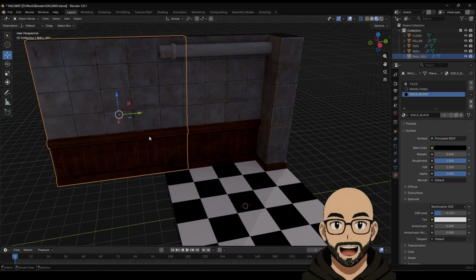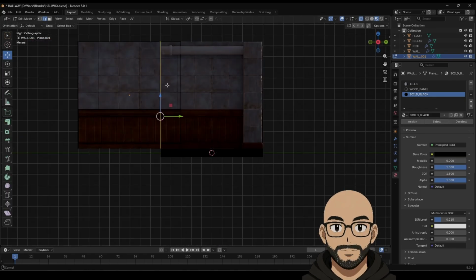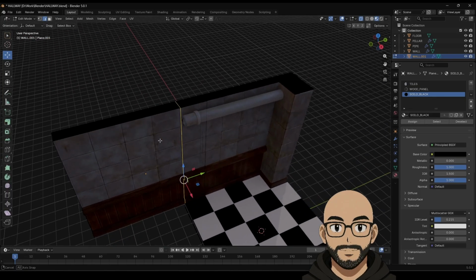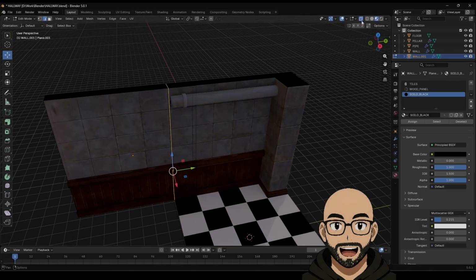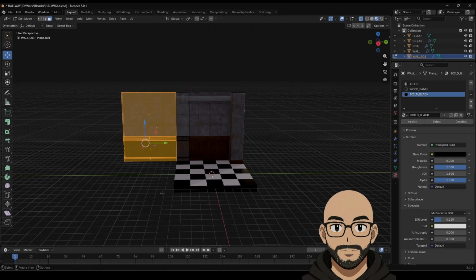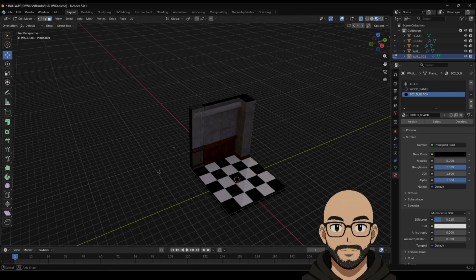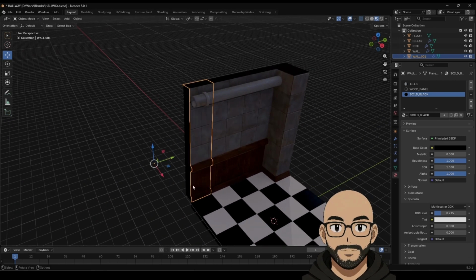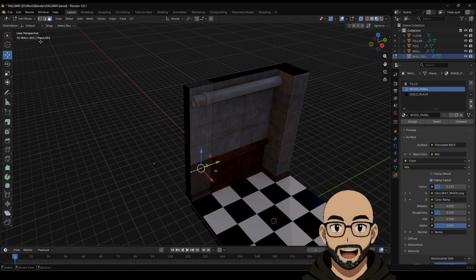I don't have to fix it, but let's just go here. Faces. Get rid of all this. I don't know if this would work to be honest, but